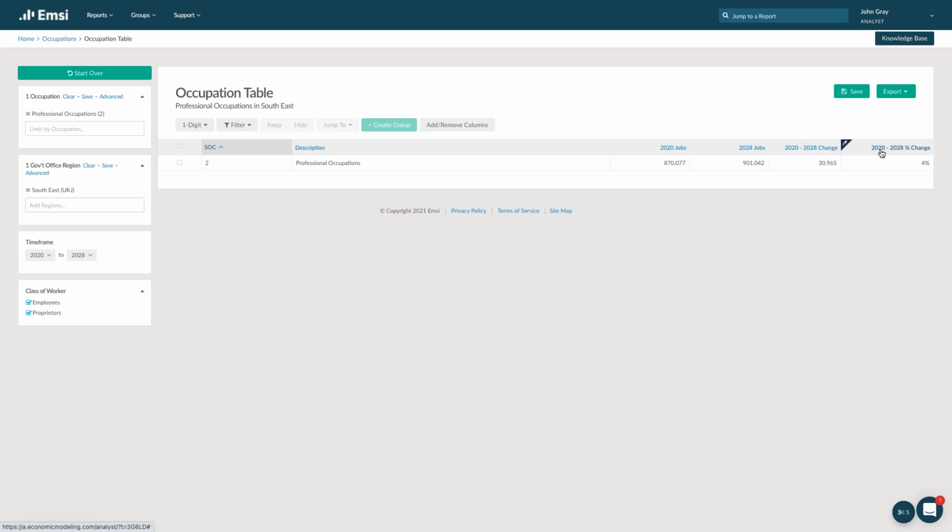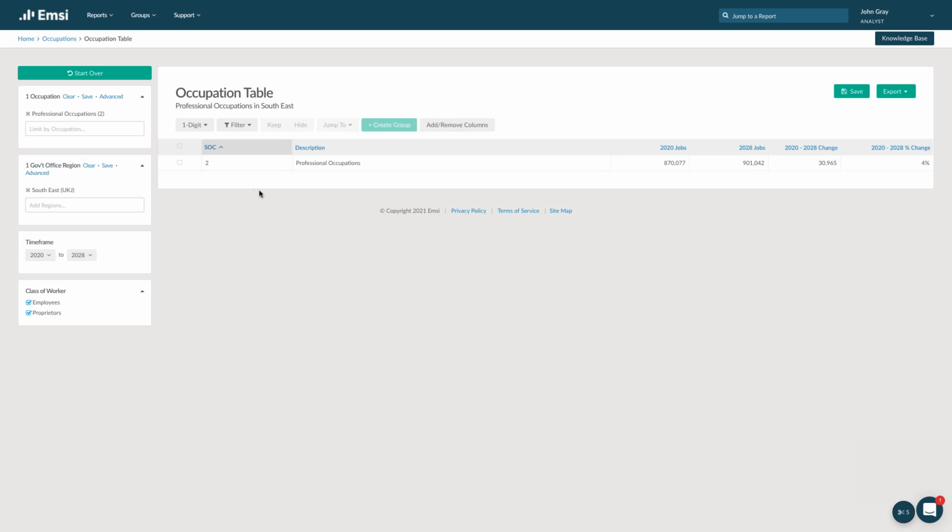So that quick filter, just by ticking that jobs and growth box, that's the data that we then presented back. Now from there, if we wanted, we could add or remove columns, and we could add in more data sets. But I'm just going to show you a different example first, and then we'll go ahead and do that. Just before I move on from there, what I wanted to show you here is